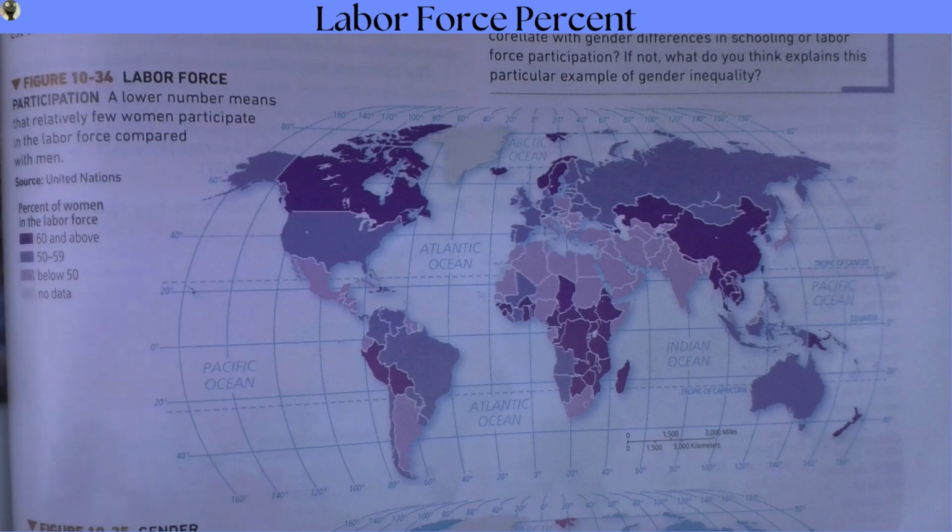This map here shows the amount of women in the labor force. It's surprising to see that Sub-Saharan Africa has more women in the workforce than Europe or South Asia does. But this is most likely due to the impoverished conditions, with women having to work mainly in agriculture in order to keep their families fed, clothed, and sustained. East Asia and Southeast Asia also have a large amount.